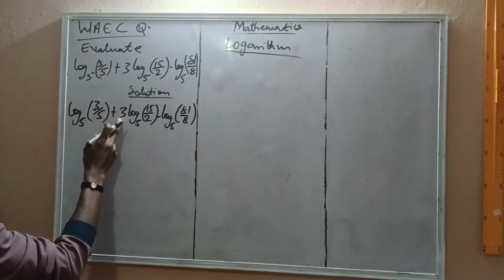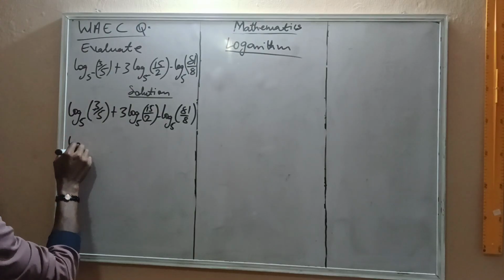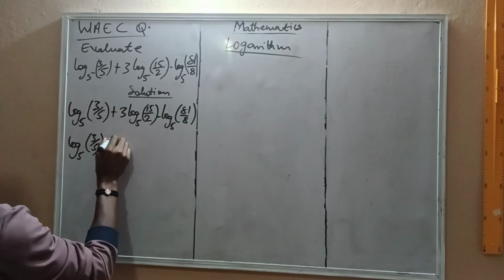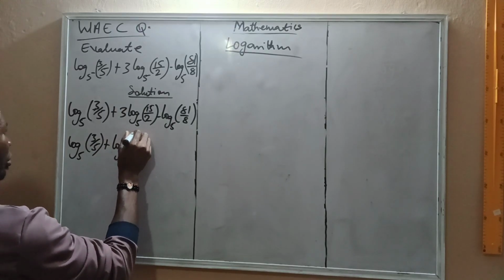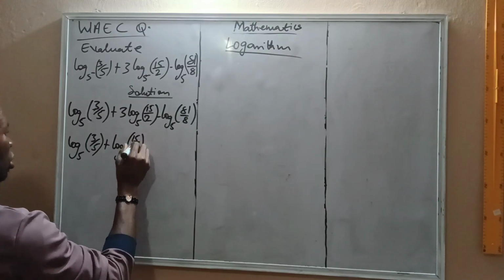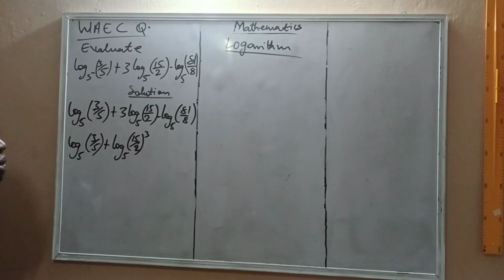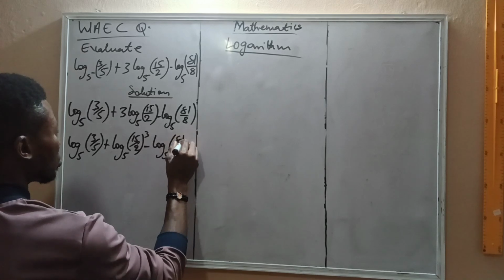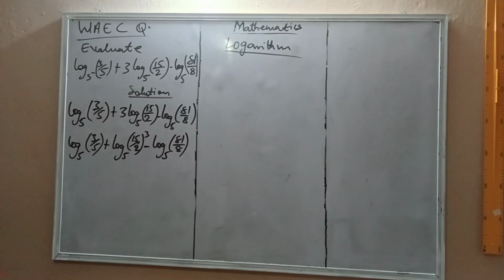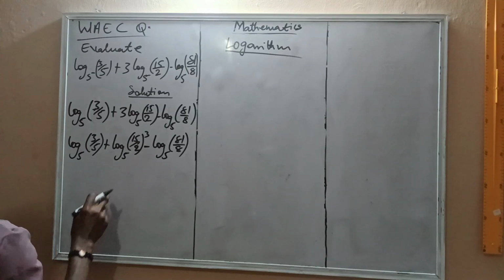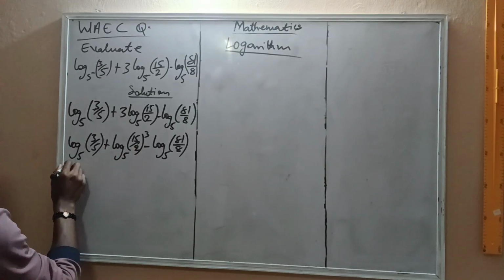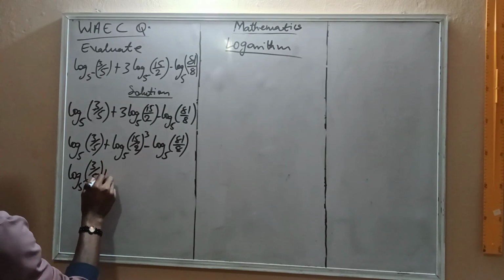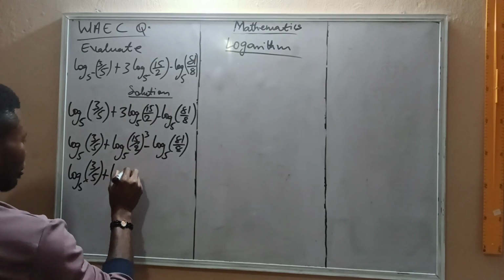Now, the first thing we do here is to move this up, which is log to the base 5 of 3 over 5 plus log to the base 5 of 15 over 2, all to the power of 3. Then minus log to the base 5 of 81 over 8. Now let's simplify this. This is log to the base 5 of 3 over 5 plus log to the base 5 of